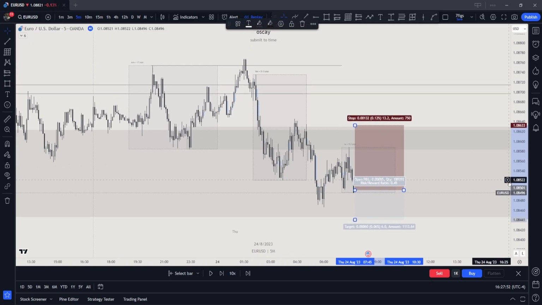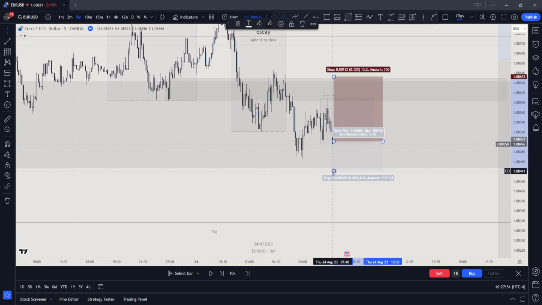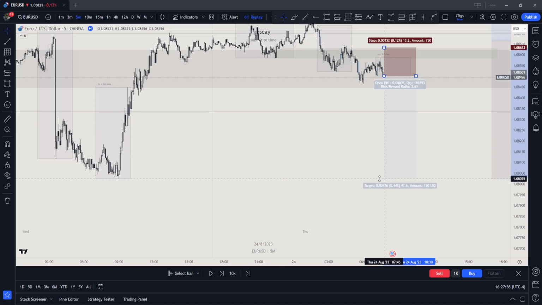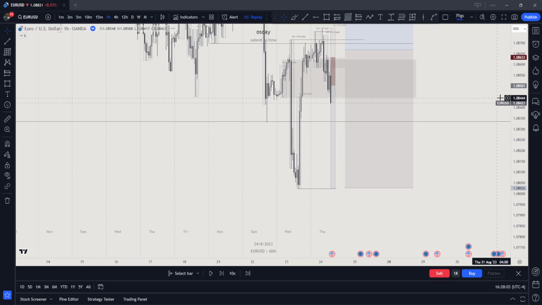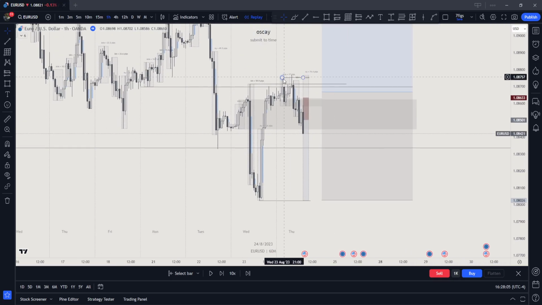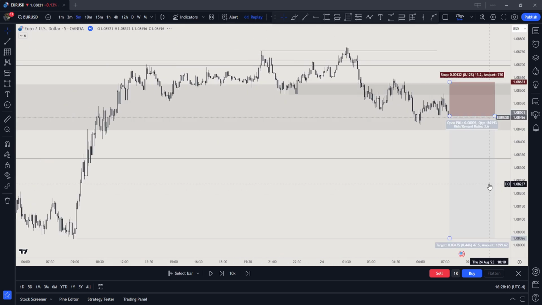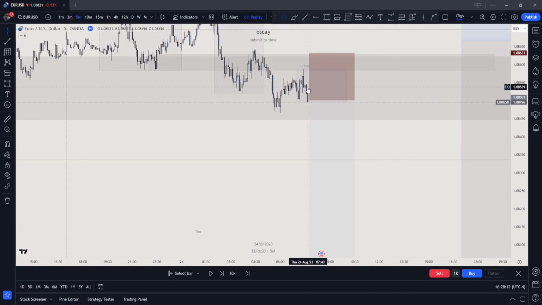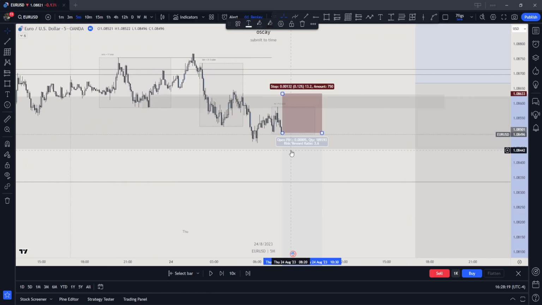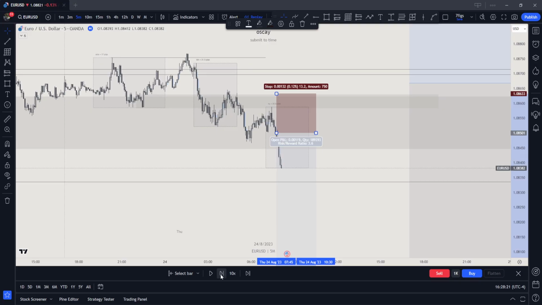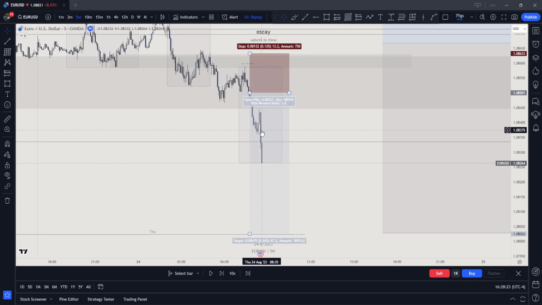A stop above the M15 breaker. And then we are targeting external range liquidity again. So inside of this, high, low, higher high. So this is a breaker. This is the H1 breaker. Also, the reason I put my stop like this is because we have unemployment claims at 8:30. So I don't want to get slipped. 8:30 print.